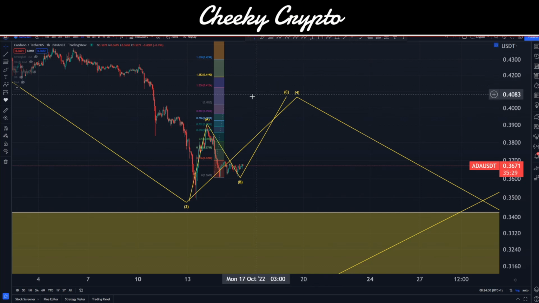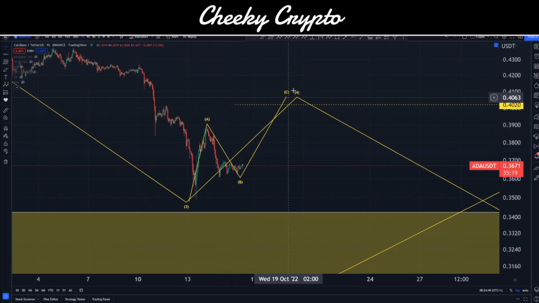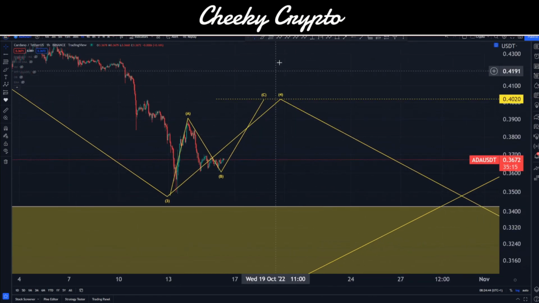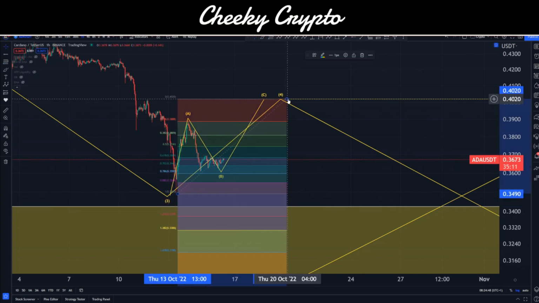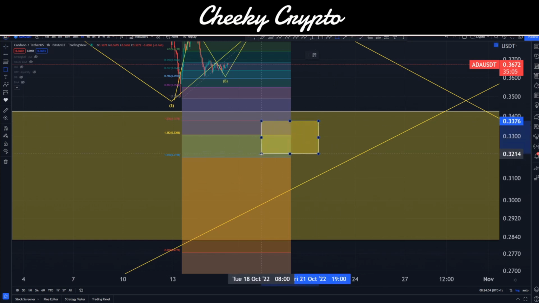I'm just going to put a dashed line just in here. If I can actually grab it, there we go. I'm going to put it right there. So 40.2 cent. That's going to be our theoretical 4th wave high point. So we can go ahead and align these things right into there. That's where that would be approximately ending. Now we'll move our fibs up to that line, and we'll see down here is going to be our approximate area on Cardano. I'm just going to draw a little rectangle in here for our 5th wave.